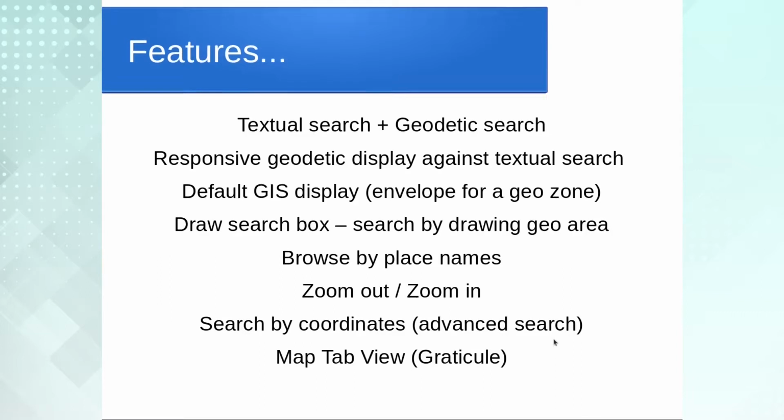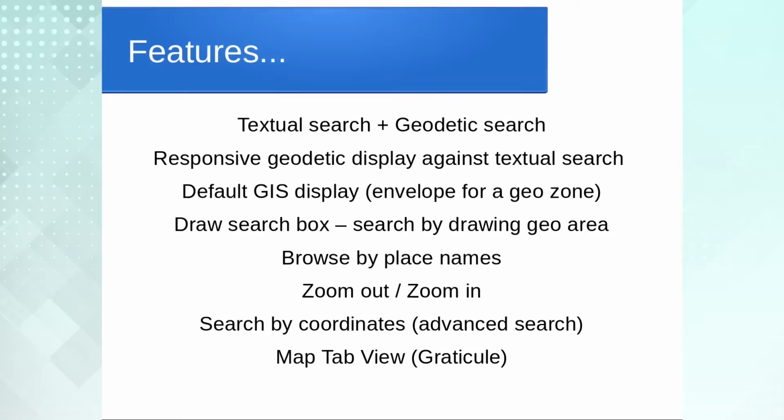Before starting our live demonstration, in this proof of concept the library OPAC can be enhanced. A combination of textual search and geodetic search can enhance the library OPAC for all kinds of resources, but it will be more valuable for certain kinds of resources, like, as I said, travel guides, geological and geographical data sets, and different kinds of mineral resources available inside the country.